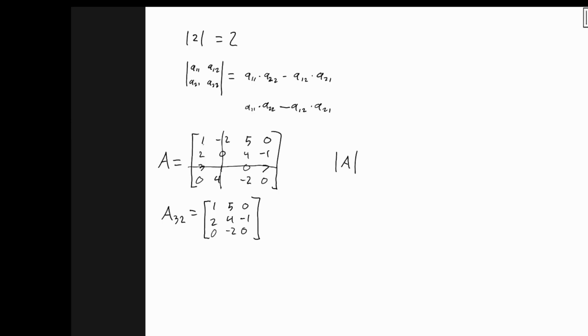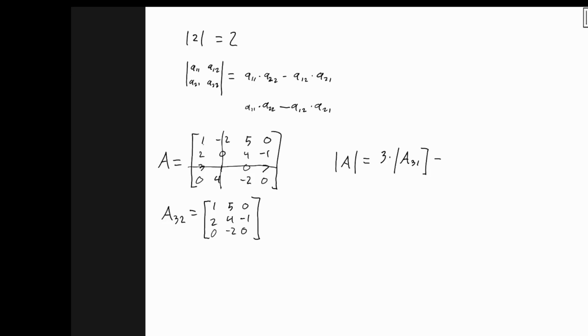Let's pick the third row. And I'm going to do 3 times the determinant of A3,1, because that first number in the third row, first column is 3, times the determinant of A3,1, whatever is left out,